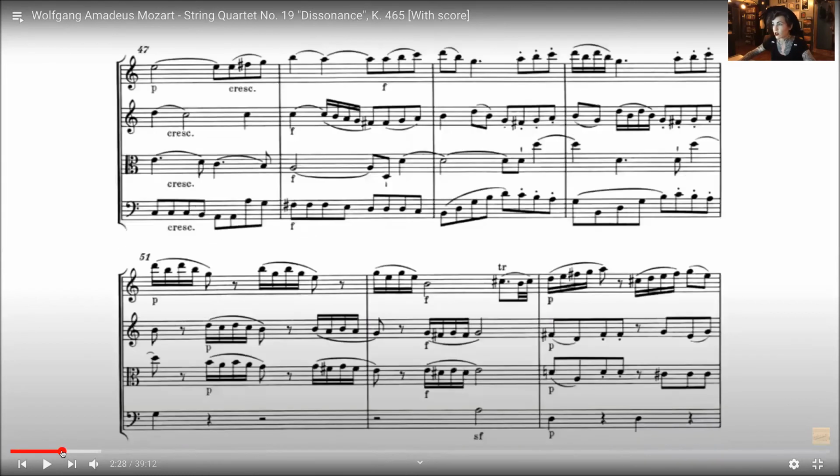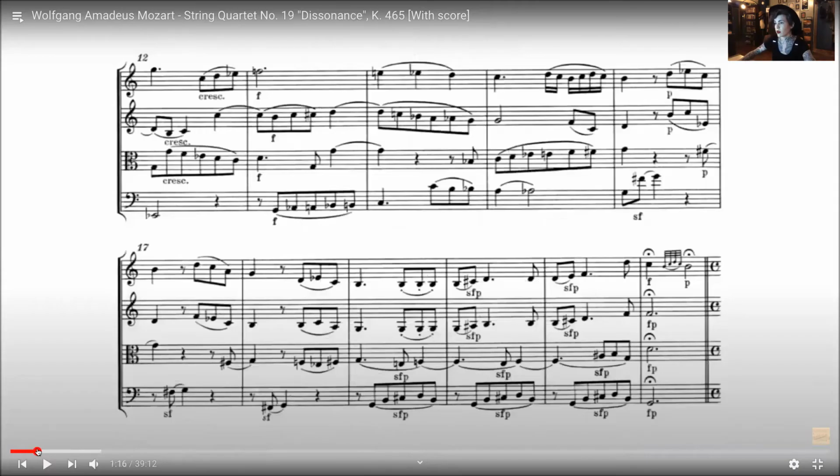Our second page, oh, I went too far. Our second page, okay, great. Again, more melodic interest from these upper 3 parts where the cello is supporting it, but now it looks like everyone is doing something completely different for a moment. Great, a little bit of polyphony. Again, but it'll come back down to everyone, these 2 people doing the same thing, this one supporting, and these 2 ideas creating a support system for these upper 2 voices.